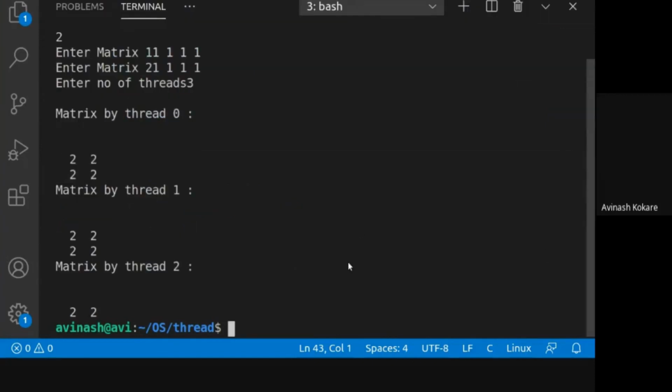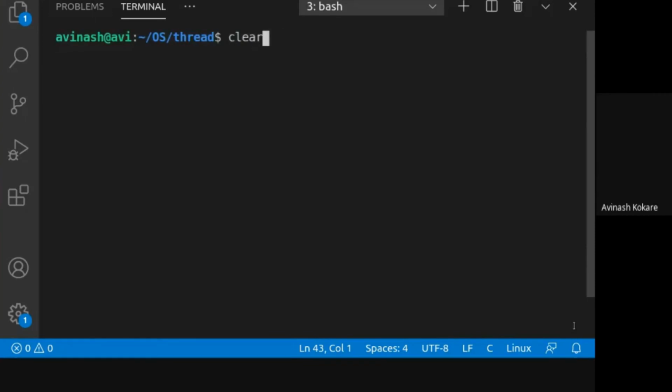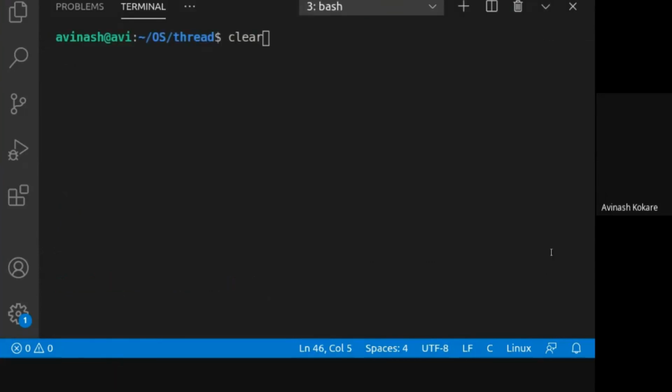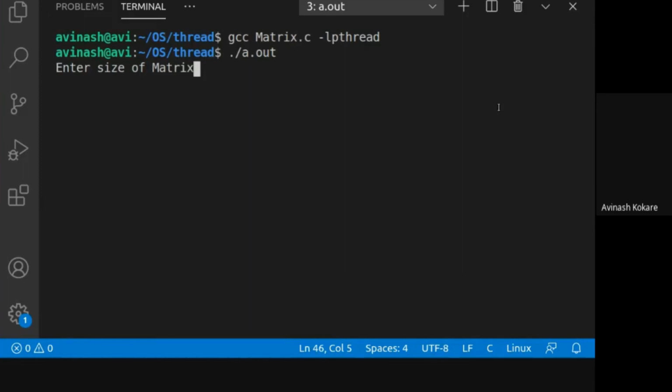Now let us try to compile this program again. Do I have this program saved? GCC. Size of matrix: let us take 3 by 3.